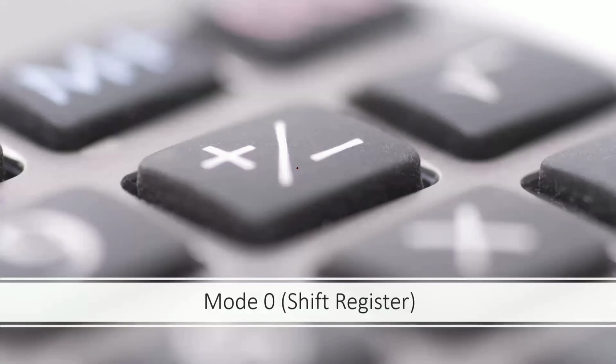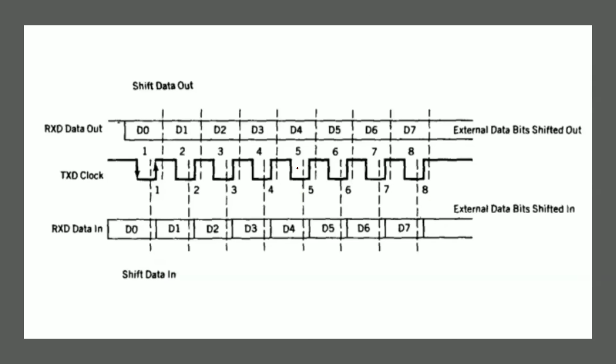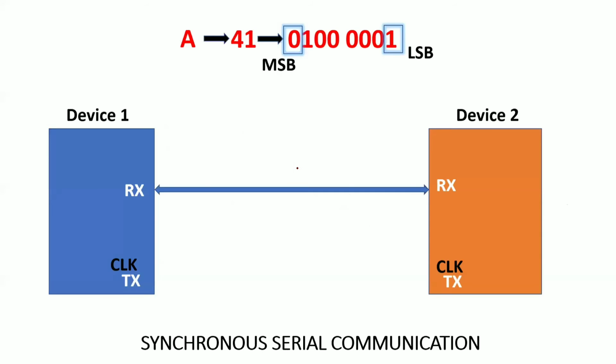Okay. The next mode is mode 0, which is shift register. Shift register means there is a point to be noted here. I told you during transmission I will use TX, and during reception I will use RX. But here in mode 0, there is one thing to be noted. Device 1 RX is connected to device 2 RX. Whenever device 1 transmits the data, it is using the RX signal. Whenever device 2 is receiving data, it is using the RX signal again. Now, what is the need of the TX signal here? Why are we not using the TX signal for data?